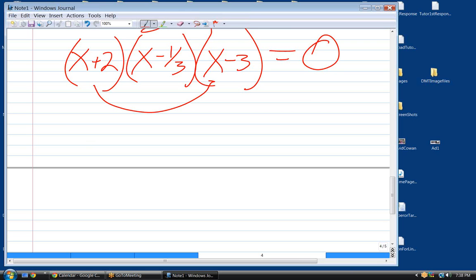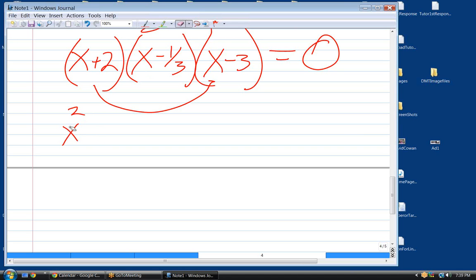Okay, so let's get back to multiplying these three linear factors together. Since the middle one has a fraction in it, let's do the first one and the last one first. What does that give us? x plus 2 times x minus 3. x squared